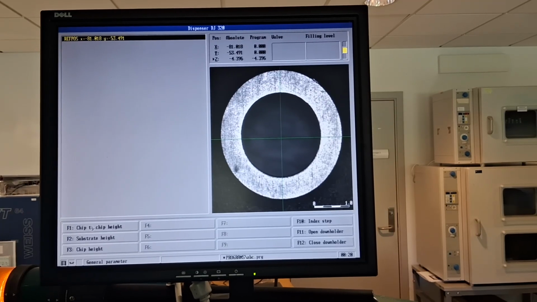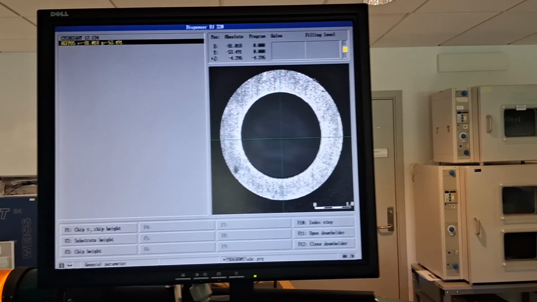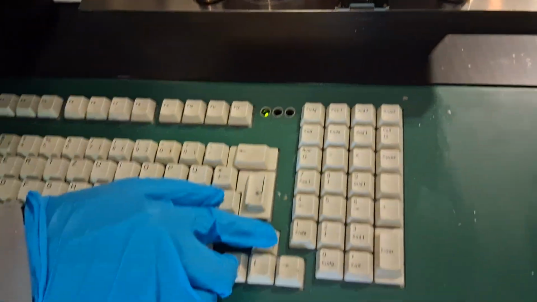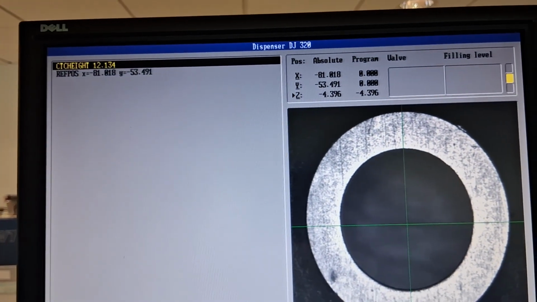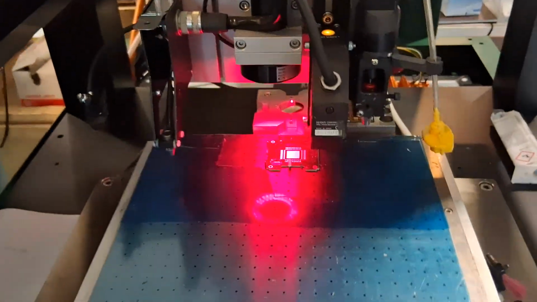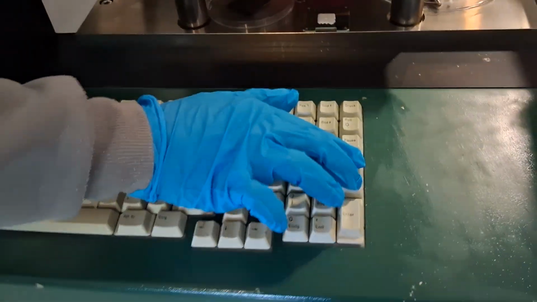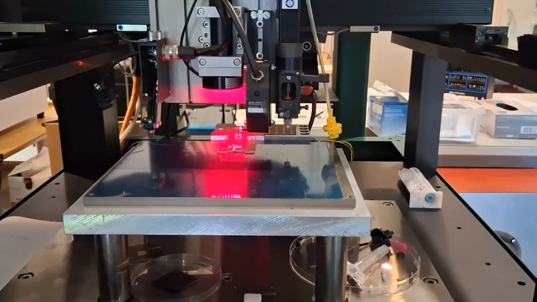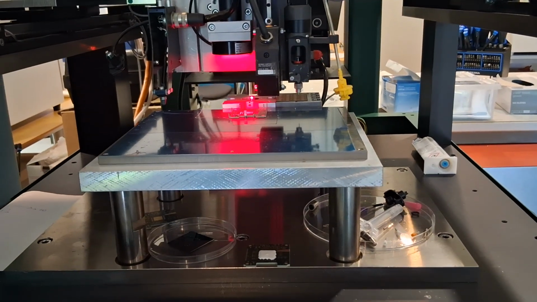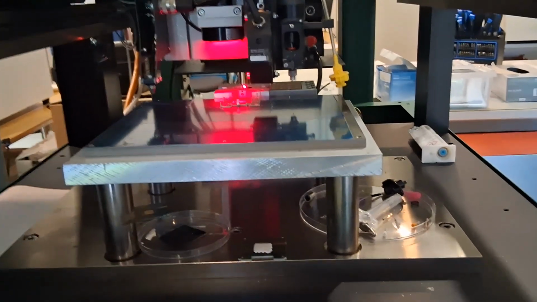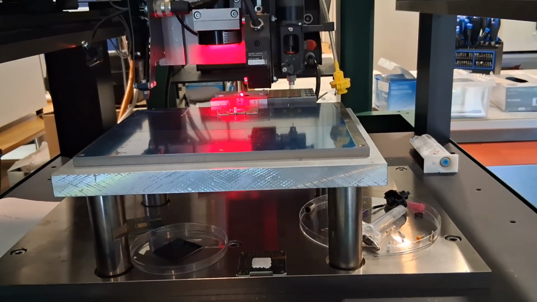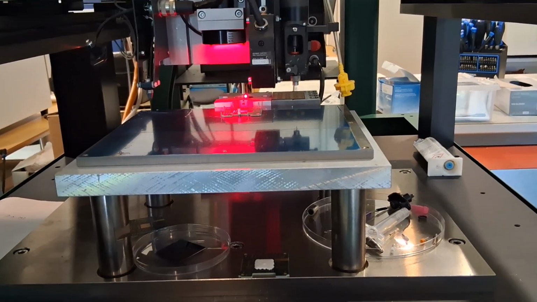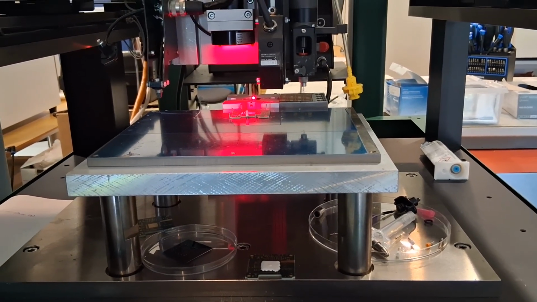In chip to chip height, we can move the stage up and down using this, specifying the axis. Plus will move upward and minus downward. So this point